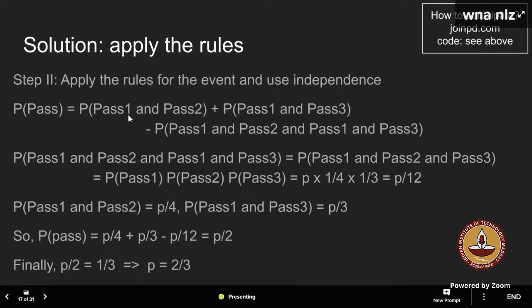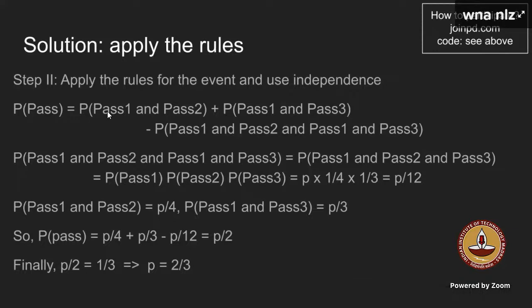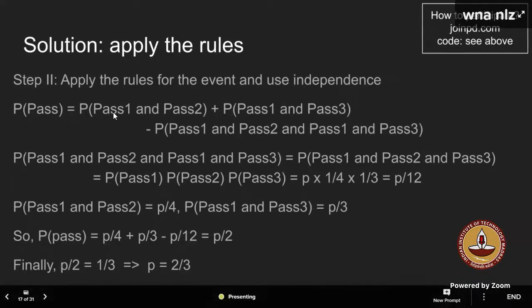Yes. Because we already have a pass 1 common in the other cases. If you would have seen, let's say we were doing male and left-handed, it was probability of male and left-handed plus probability of female and left-handed, right? There is no common part. Over here we have a common part, that is pass 1. Is this clear to you? Yes. Okay.